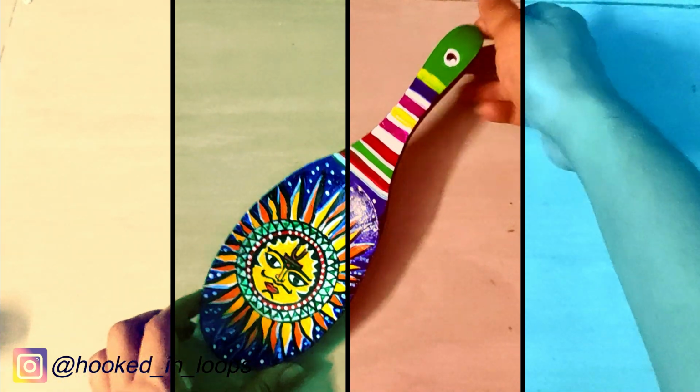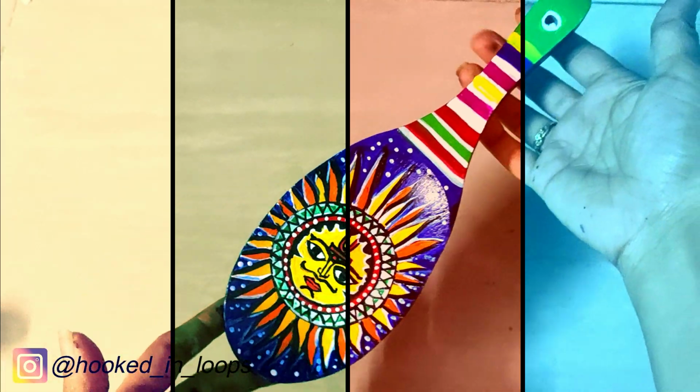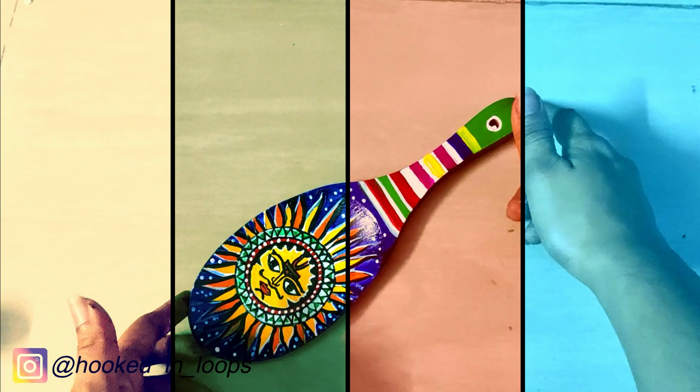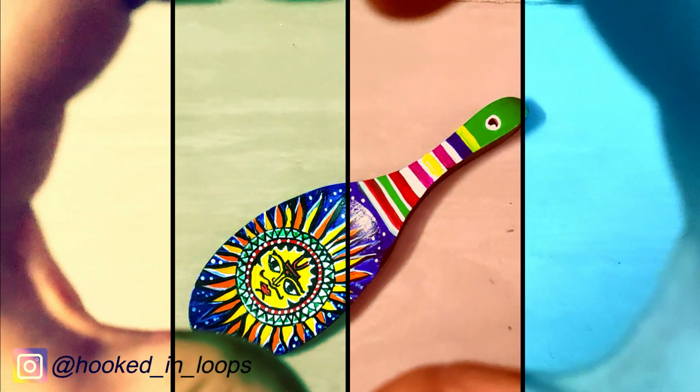Today I have a very beautiful, easy and bright upcycle project for you. I have upcycled an old wooden spatula and painted on it. I have painted a very easy Madhubani Sun painting and it is really bright and you can use this as